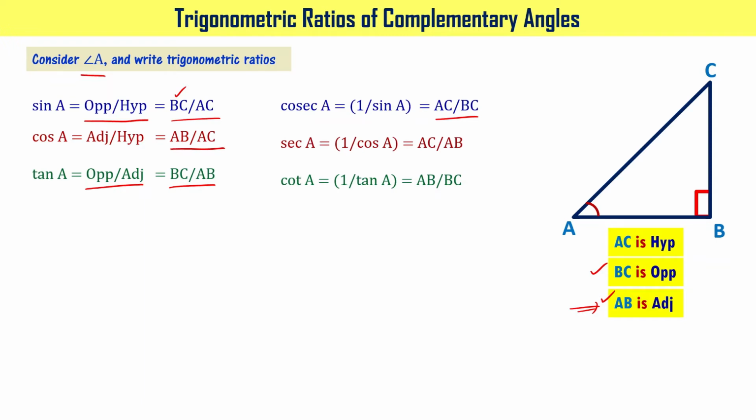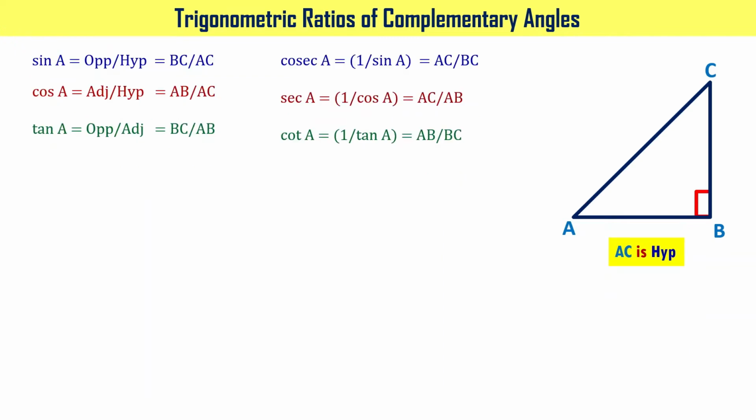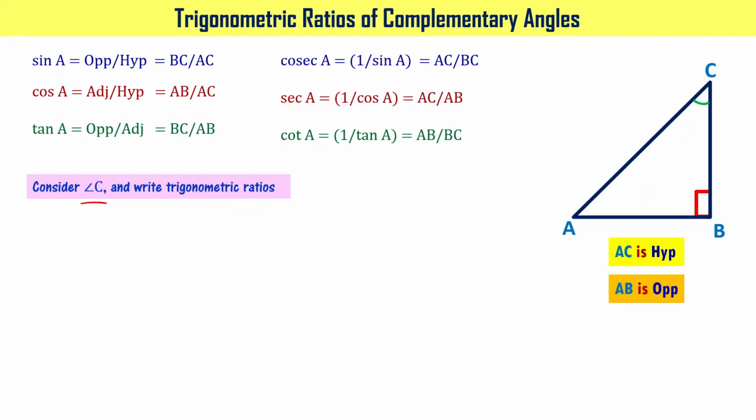We can write trigonometric ratios for the other acute angle also. Let's write for angle C now. For angle C, what is the opposite side? AB is the opposite side. And what is the adjacent side? BC is the adjacent side. Let's write that. Now we can write trigonometric ratios for angle C, that is sine C equal to